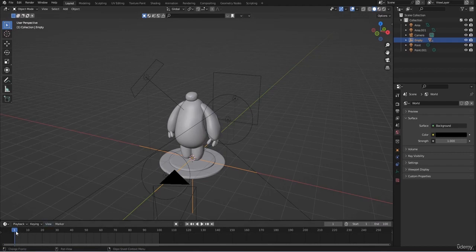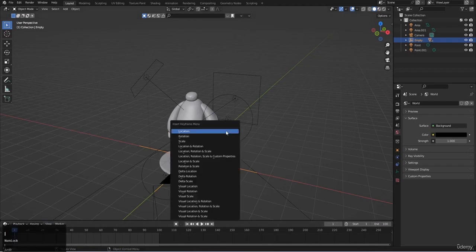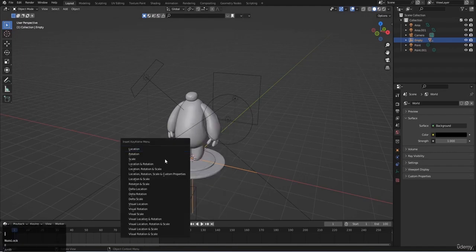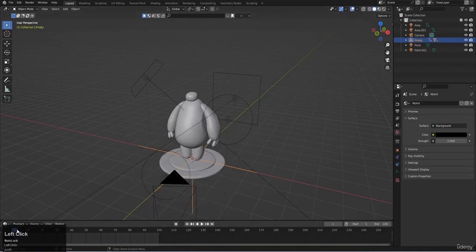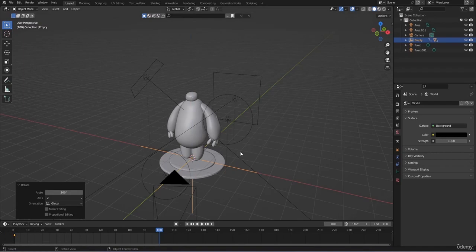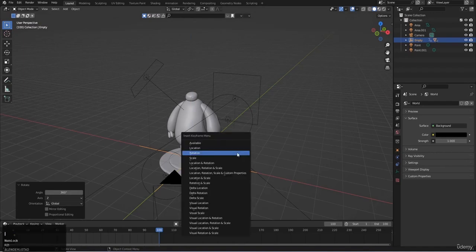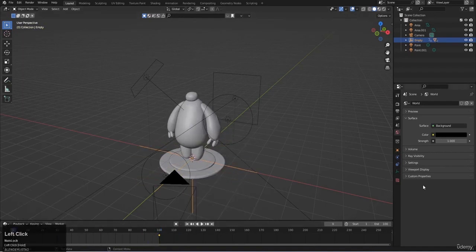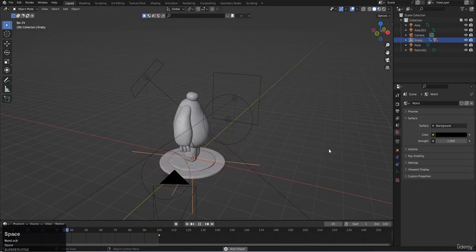Let's make the first one to be around. Okay, so I to add a rotation keyframe, and let's go to 100 and rotate this one by 360 degrees, and now I, and then again rotation. And now if we see the animation, just play it. As you can see, it's working,